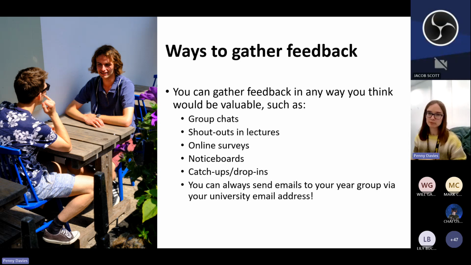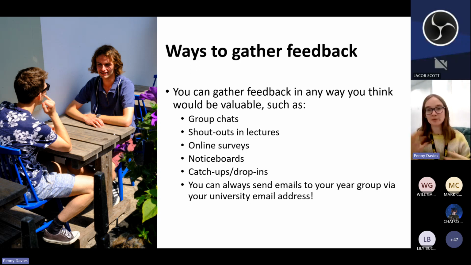Online surveys are great. You probably all use them already. They can be anonymous if you want them to. And students can fill them in their own time. They don't have to be with you face to face at the time to fill them in. They can fill them in of an evening, when they're getting to and from campus. The only thing about online surveys, if you plan to make them anonymous, don't advertise them in public spaces because you may get people filling them in who aren't even studying your course. Same with if you're using things like Instagram polls, because I've heard students talking about it. Instagram polls are a great way to get feedback quickly, but people can access Instagram stories publicly.